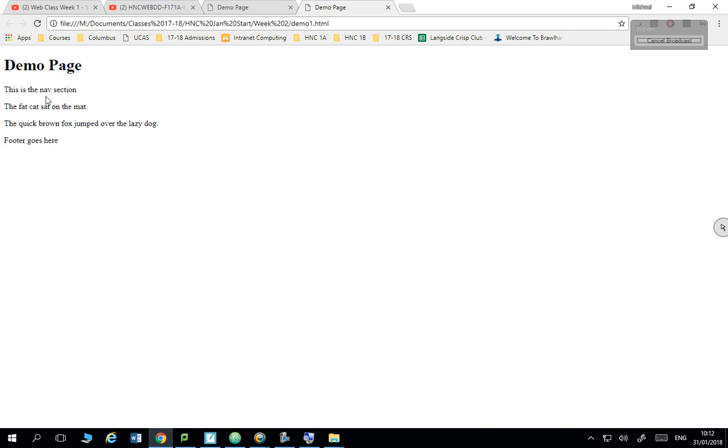Just because we've hidden the nav and we've hidden the footer doesn't mean we don't see it in the actual code. And there's our 2 paragraphs here. This is the area of the page we're going to be mucking about with. So what I would like you to do at this point, hopefully without too much bother,